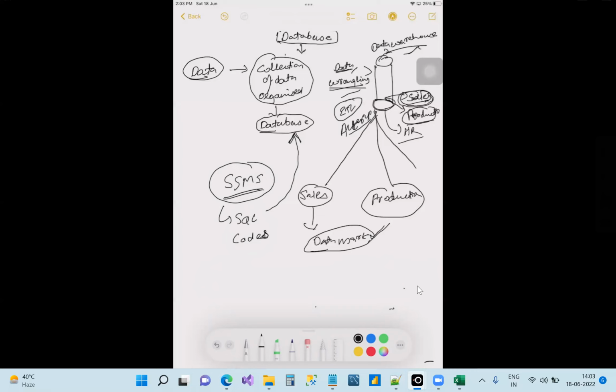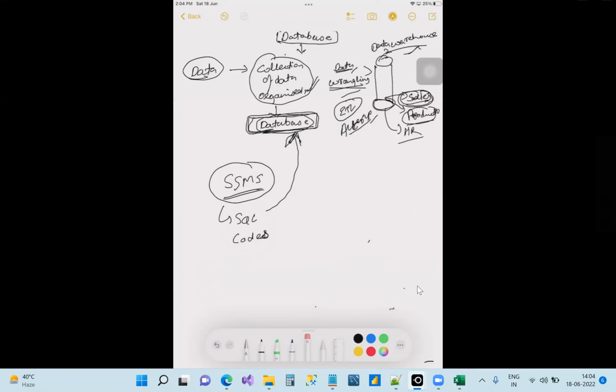So let's come to database models, because we are learning SQL, so we have to learn database models. I told you the SQL code you'll be writing will help us to communicate with databases. Databases come in various models. Why is there a model? Because, like we told you initially, it keeps our data in an organized way. So what kind of organized way does it keep our data? That we are going to see now. All good till now, right? Okay, so let's come to database models.